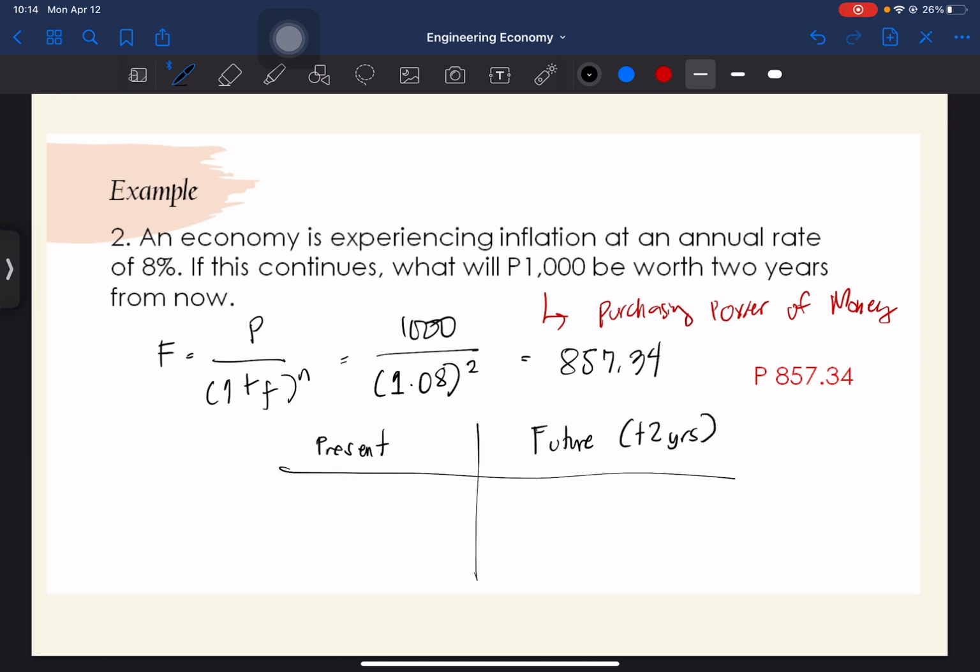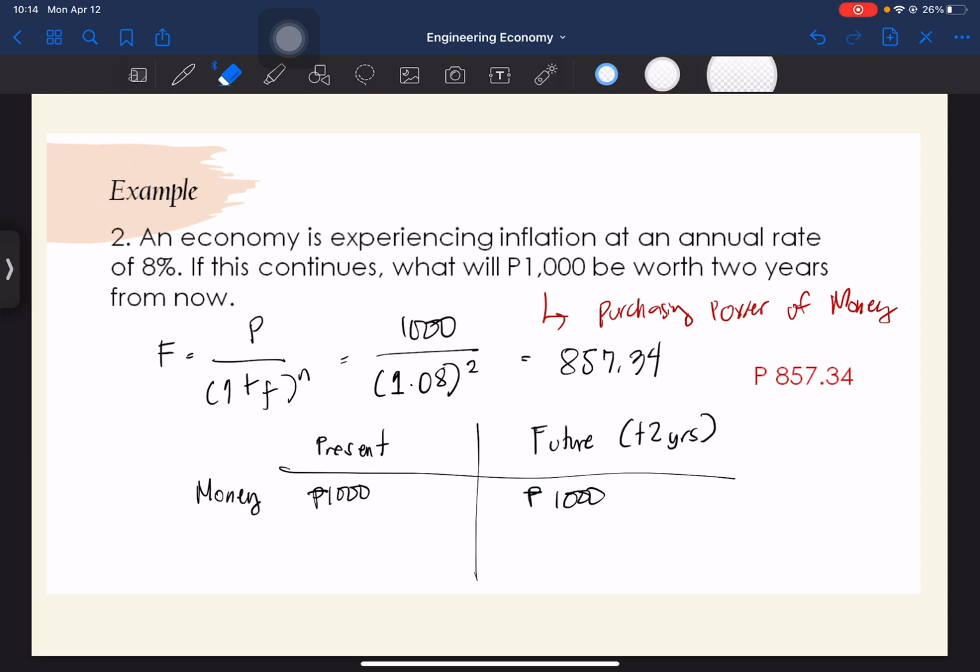Okay? Ang pera mo, let's say ngayon ay 1,000. Tapos hindi mo siya ininvest, or hindi mo nilagay kung saan, or hindi mo ginastos, nandyan lang siya. After 2 years, 1,000 peso bill pa rin yan. Okay? Then,